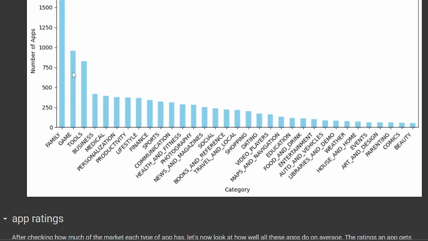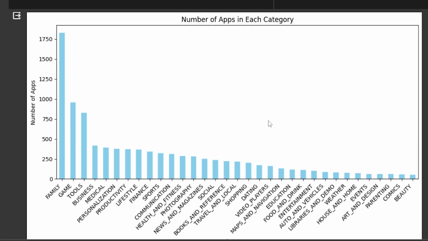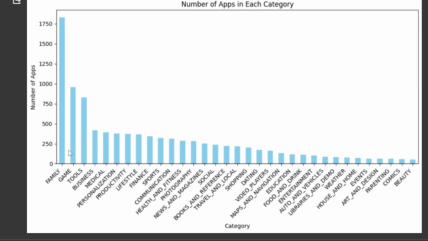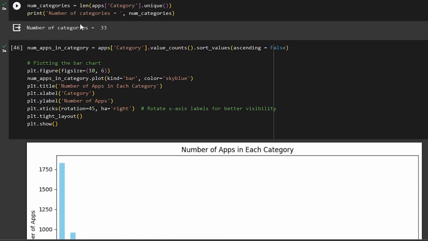And surprisingly, I didn't know that family is dominating the entire Android market. The least important one is beauty, which is funny to know. I thought it was just going to be gaming and social maybe, but not family. Anyway, here I get the length of the categories by their uniqueness, and get the length of the category